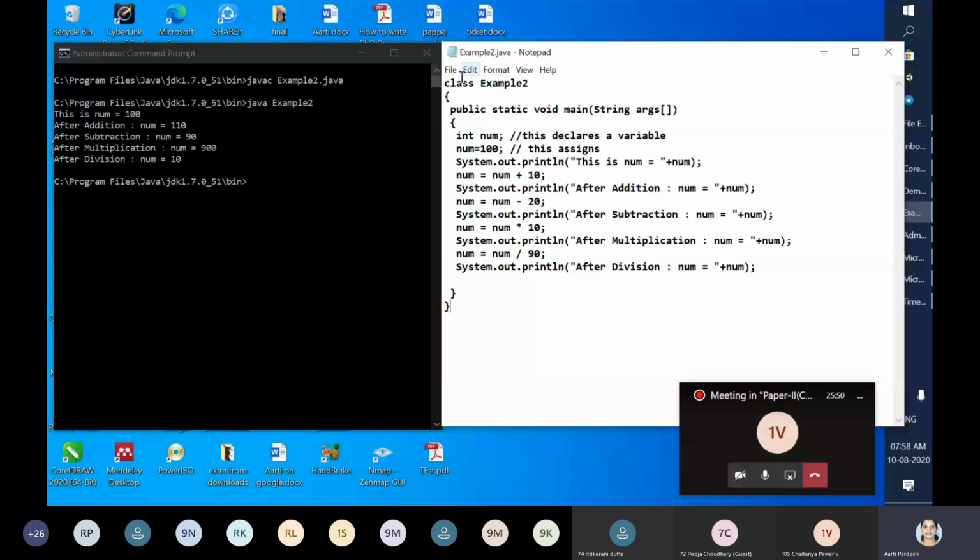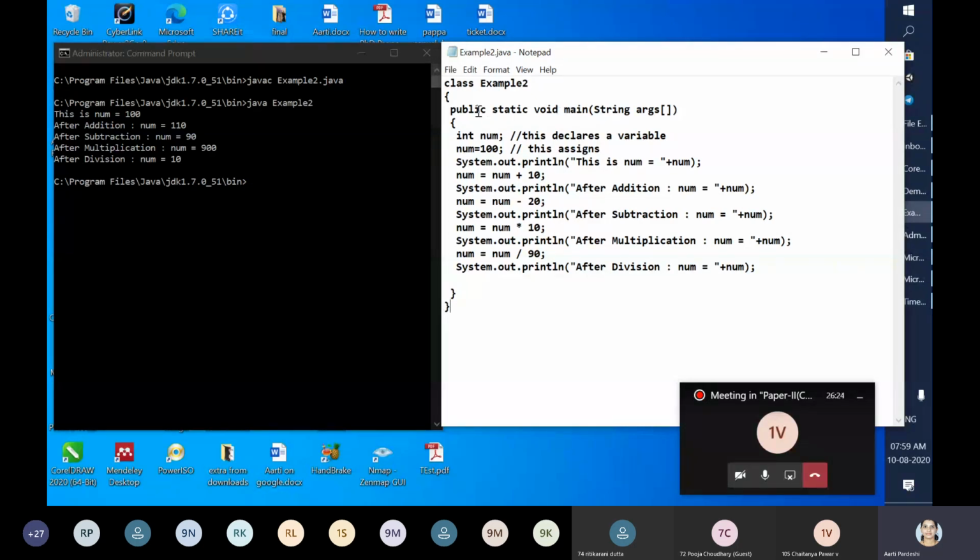So the class name is example2. Whenever we want to define any class, obviously you are going to need public static void main in order to have an entry point to this program. Even if you have 2-3 classes, it's okay, but at most one class can have main, because in a Java file you can have only one main method. You can't have 2-3 main methods. Only one main method is allowed, because only a single point of entry is allowed.